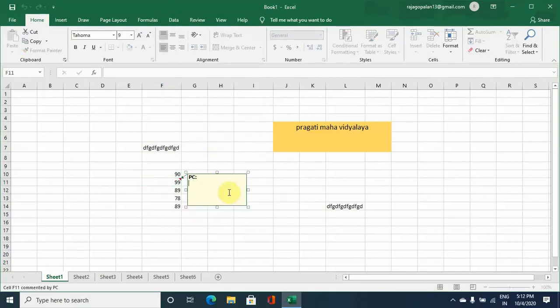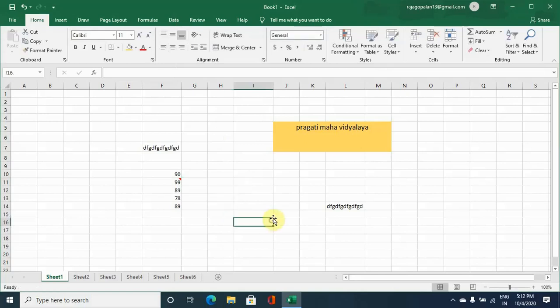There you write whatever comment you feel is required, topper, then come out. Then whenever you record a comment, we can see a mark here which indicates you have a comment for that cell. Now whenever you place the cursor on that cell, the comment appears. So this is what is recording a comment.